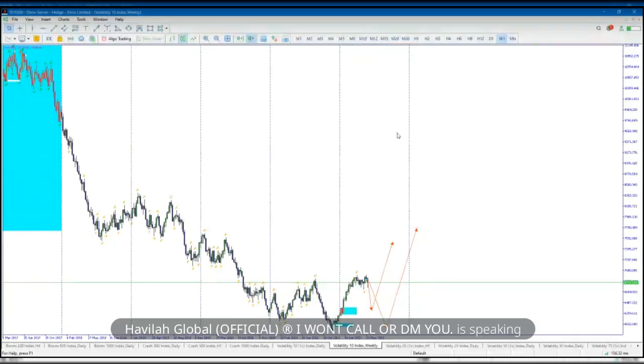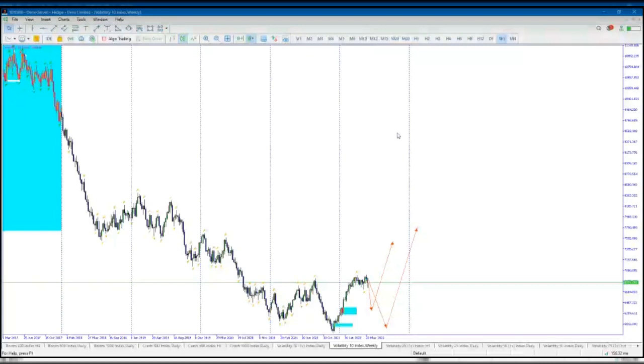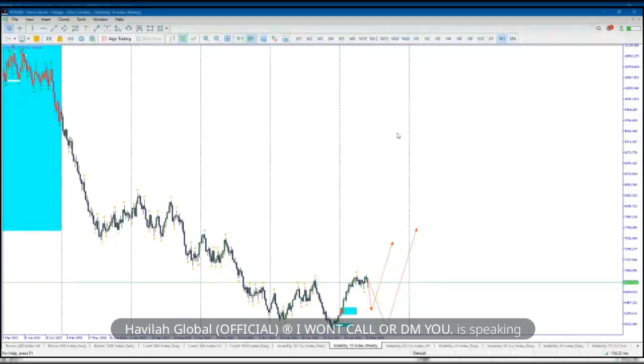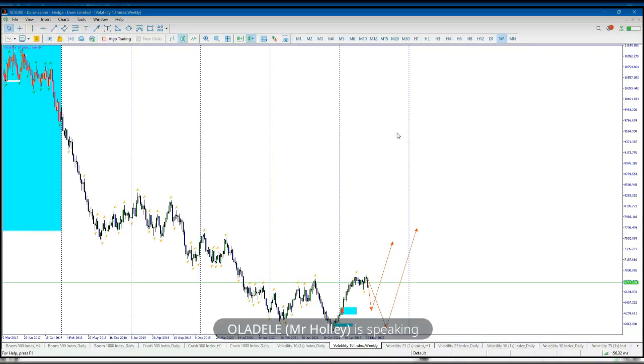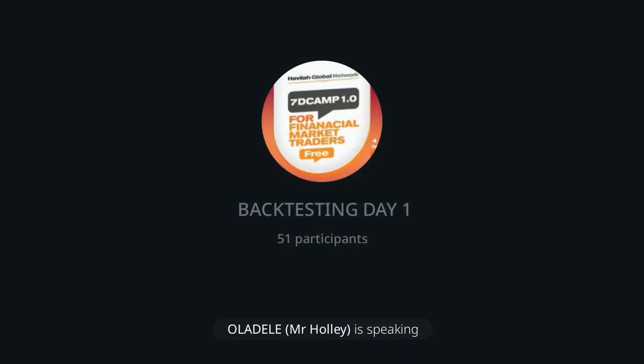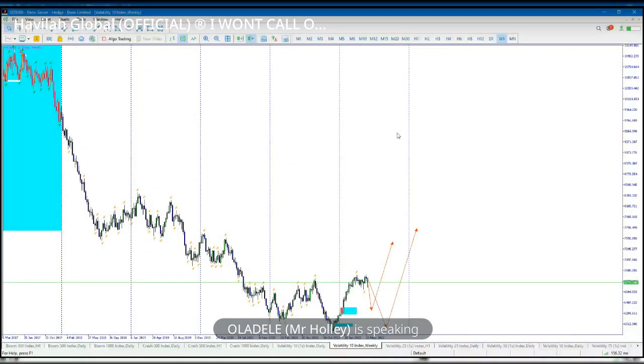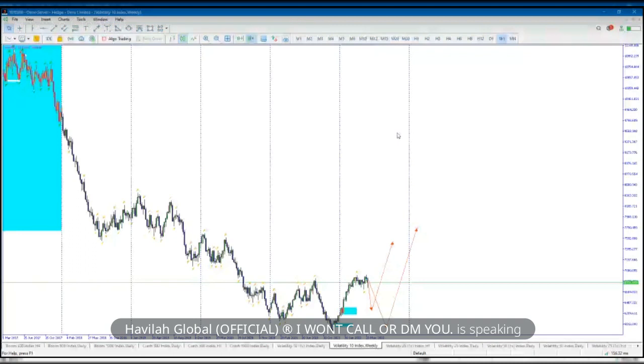When you say not sniper entry, is it on lower time frame or higher time frame? That will be on lower time frame. We didn't look at lower time frame today, so you may not conclude that sniper entry fails based on just mitigating and the 50%. We are having our POIs.